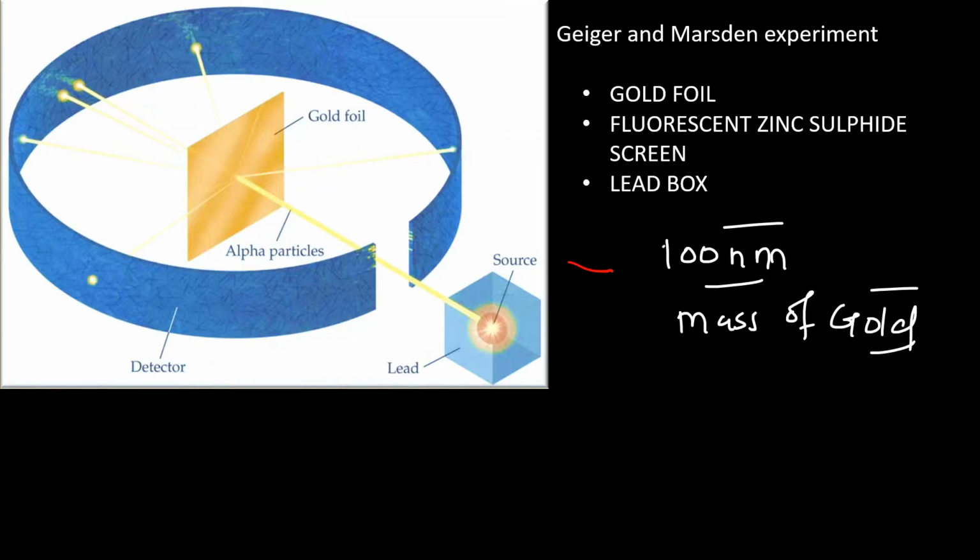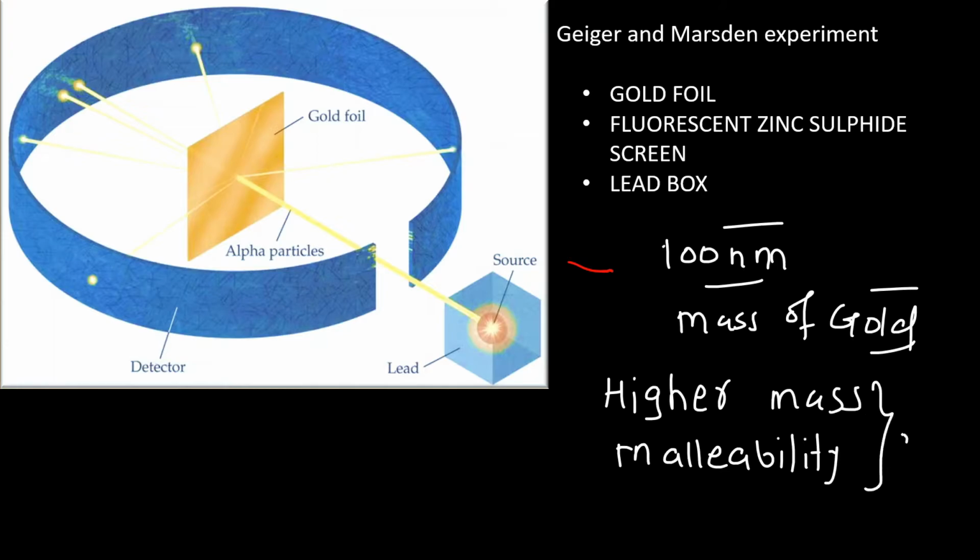So when an alpha particle is bombarded on this gold foil, it meets considerable resistance, and may get scattered. Otherwise, if we take any lighter metal, the alpha particle will just pass through, it will not get scattered, and the scattering will not be effective. Due to these two reasons, the higher atomic mass of gold and its malleability, he chose gold foil and not any other foil like aluminium.